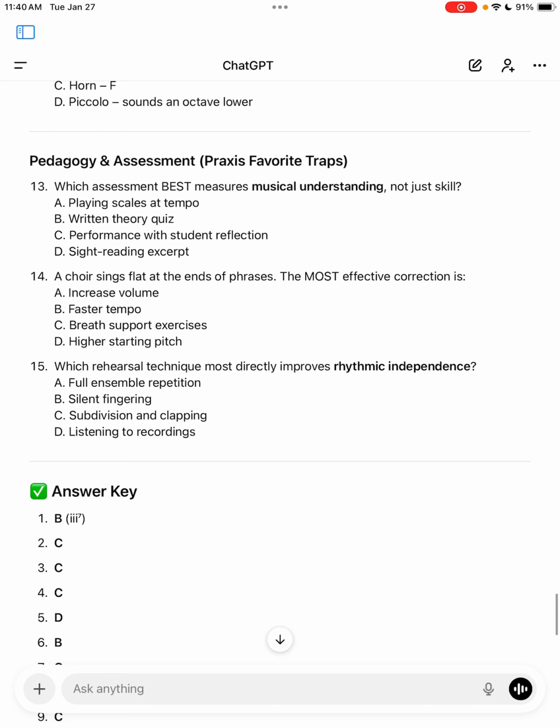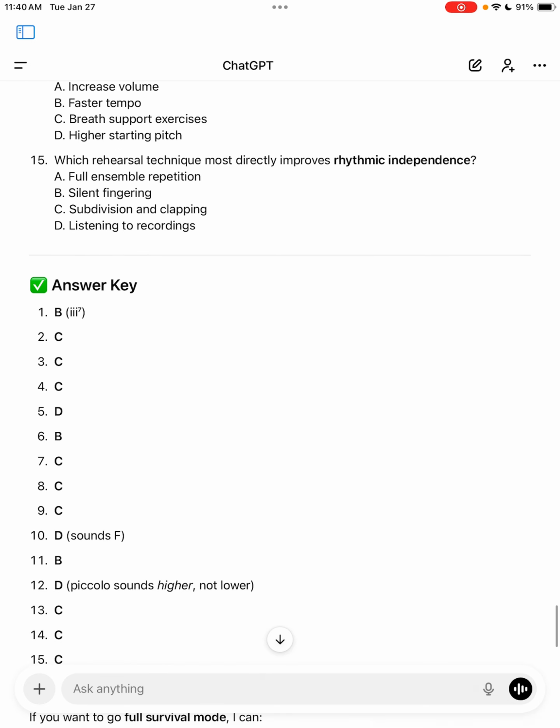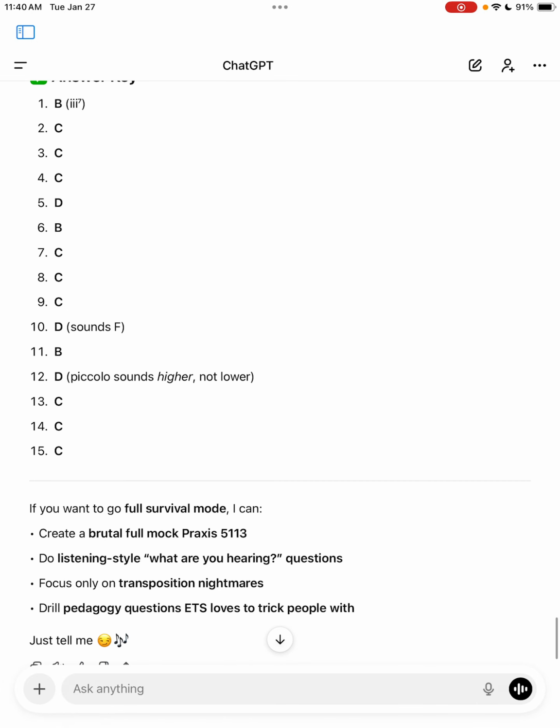Brass support. C. Which rehearsal technique directly improves written independence? C. Okay, I guess I get to a point I'm about to stop. So